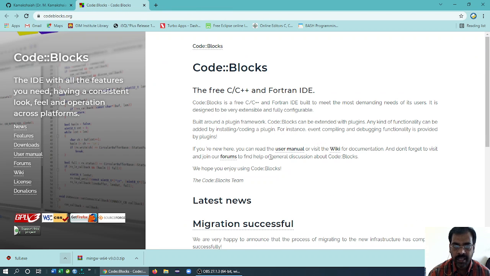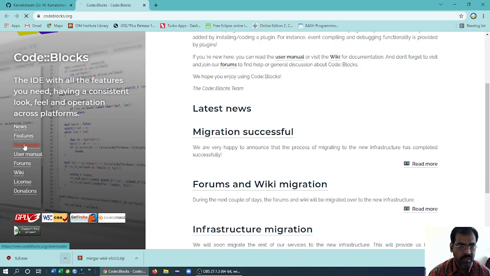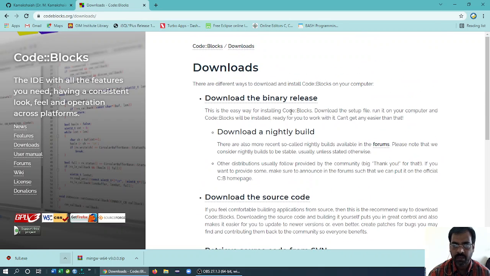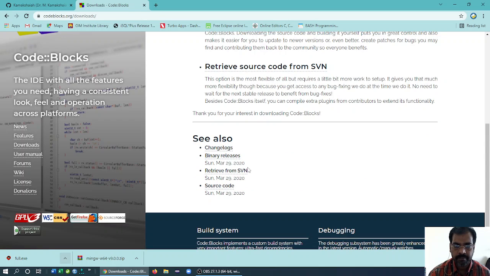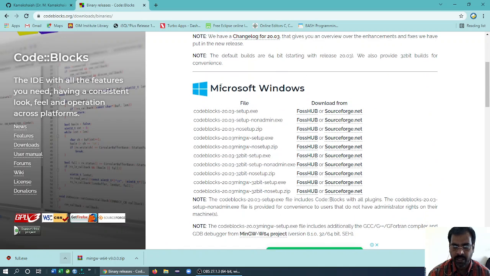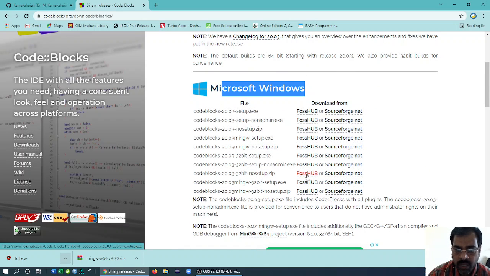Let me see. Now what happens? You have downloads here, so there are a variety of files available for you. Go to binary releases, Microsoft Windows, and here you need to choose one of the binaries which comes along with the